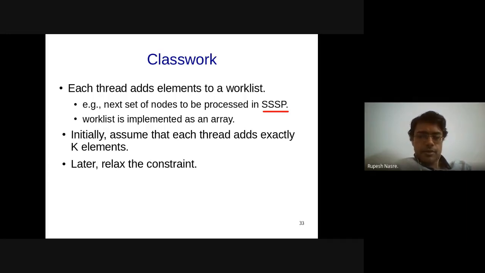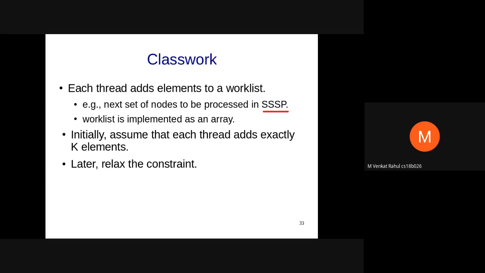So anybody who has any suggestions on how this can be implemented? Not how to follow your heart, but how to insert elements into this work list. Like in a typical array-like fashion, we can have a counter which tells the start and the end, and a critical section can be maintained with a lock at the beginning, where if anyone wants to add anything, they'll get the lock, they'll add it, and then we'll release the lock. Yeah, basic implementation, yes.